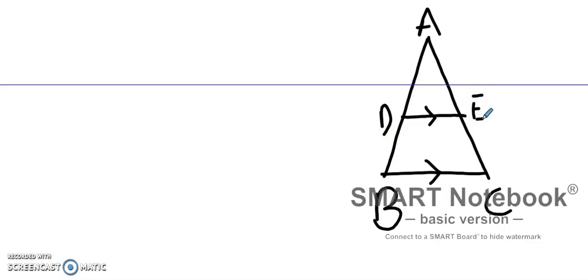Okay. It is given that AD is 1.5 centimeter, BD is 3 centimeter, AE is 1.3 centimeter, find CE. So first of all, using the concept of first theorem, I will write the equation for this triangle. Means if a line is parallel to the third side and intersecting the other two sides, it divides the triangle in a proportion. Means AE